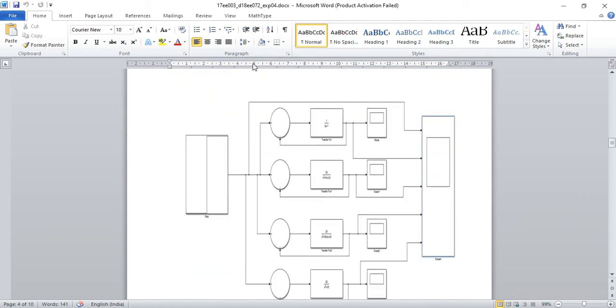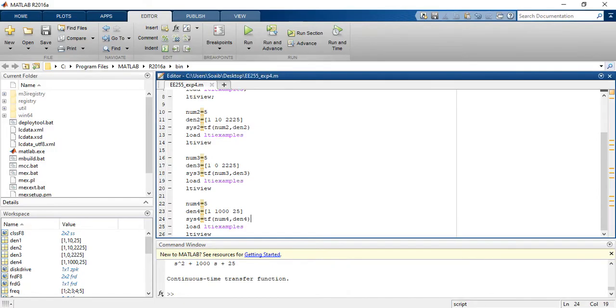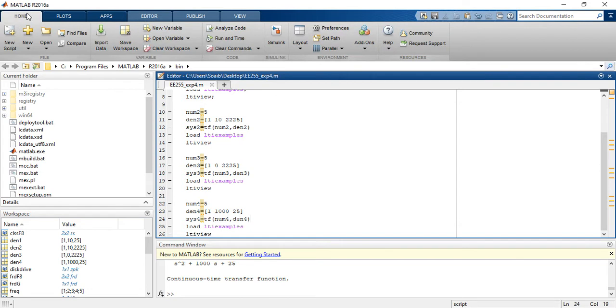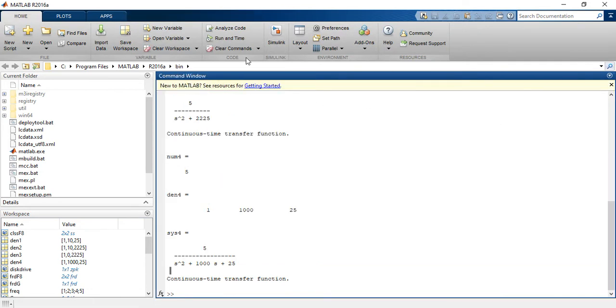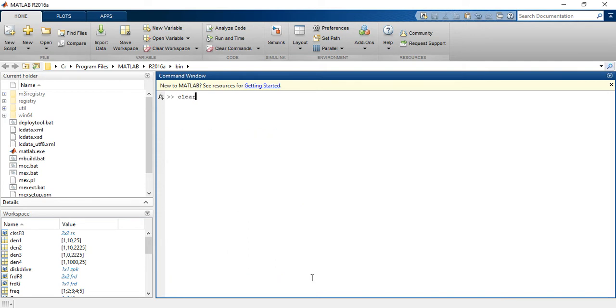Now I have to take this output in terms of Simulink. Okay, so for that I have to go for the Simulink. I am just closing it. Okay, and in the command window I am making clc, clear all.